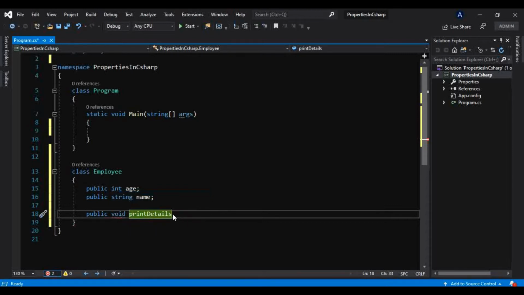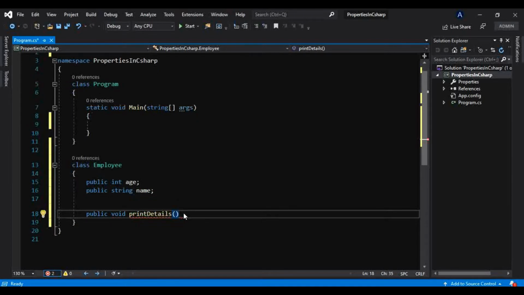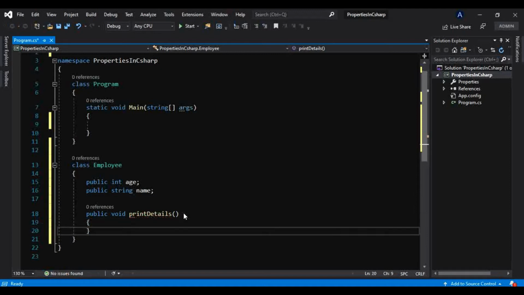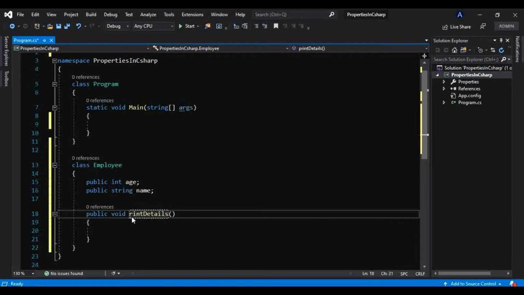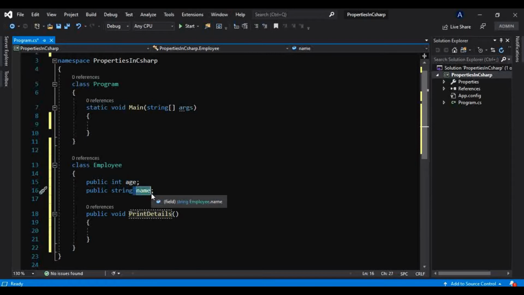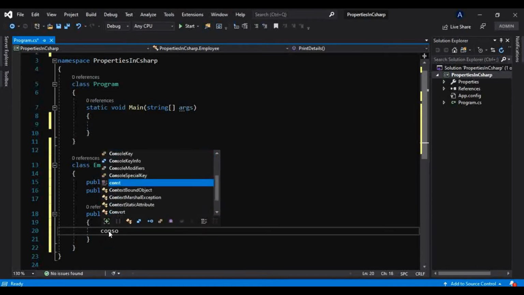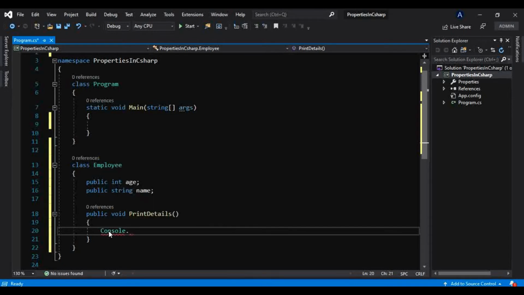So I will take void as my return type, and we know why we use void return type, which we have learned in the previous tutorials of this series. What it will do is just print the details of the employee, age and name. We will be initializing them through the Main method, and whatever name and age we set, we want to show on the console, basically the details of the employee.